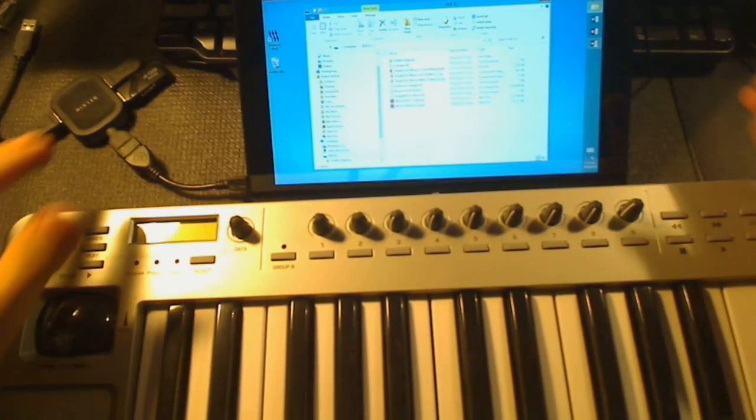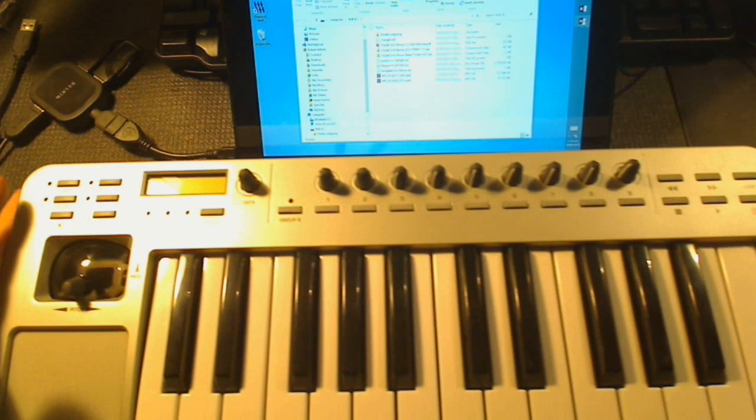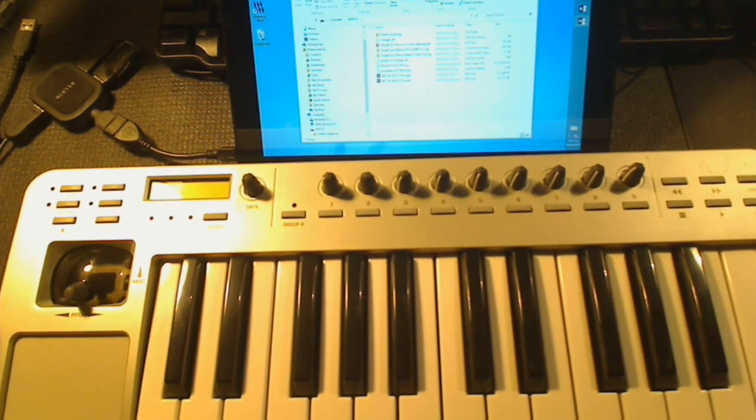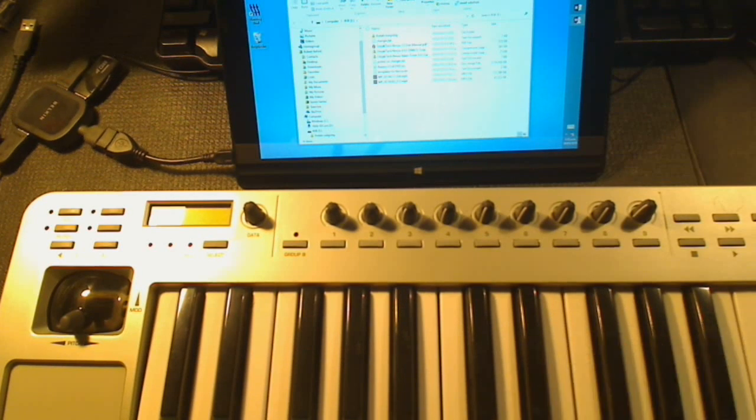Okay. Let's bring a MIDI keyboard in. This is a Novation controller, and this is powered, it can power off mains, and it can also power off the USB. And so I was very interested to see if this was going to work,